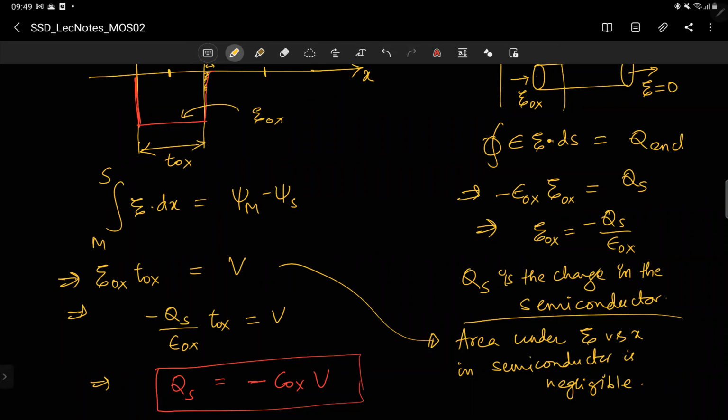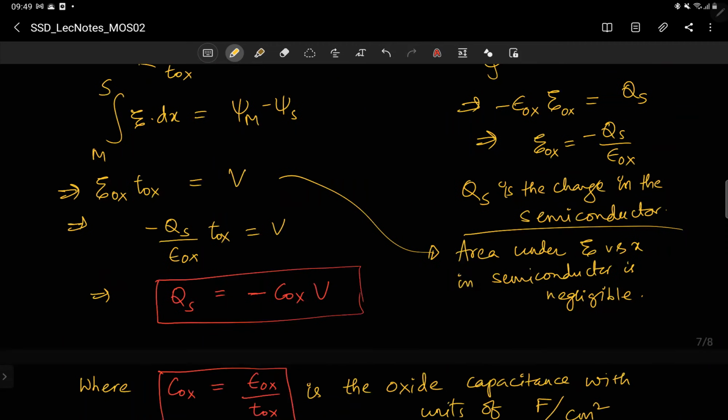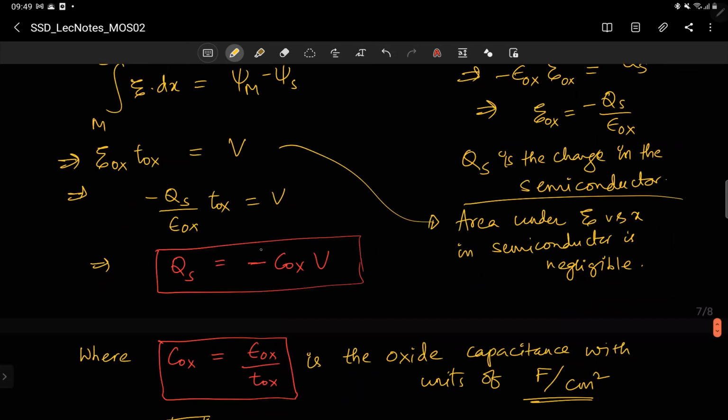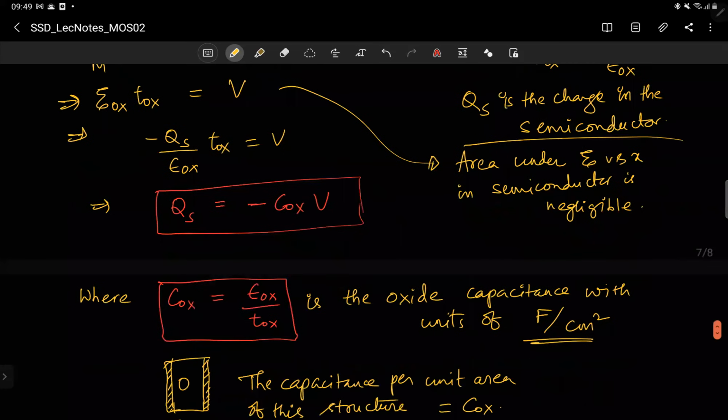So you bring it from here: E ox equals minus QS by epsilon ox, times T ox equals V. So QS is equal to minus C ox V. There is a minus sign, V times C ox. Clearly C ox is epsilon ox goes to that side, T ox comes down, so C ox equals epsilon ox by T ox, the oxide capacitance with units of farad per